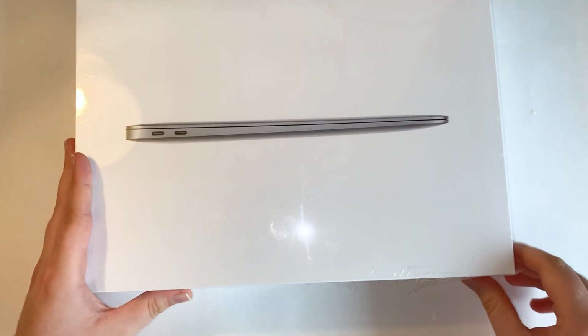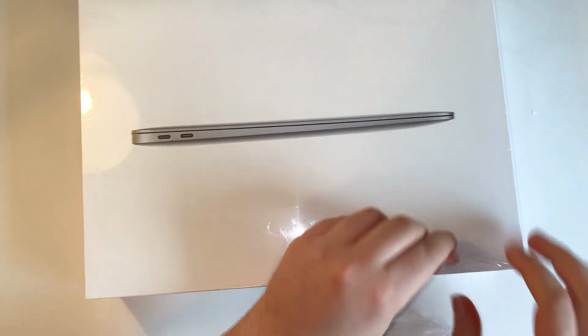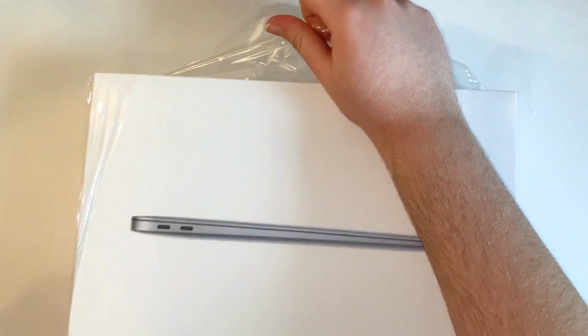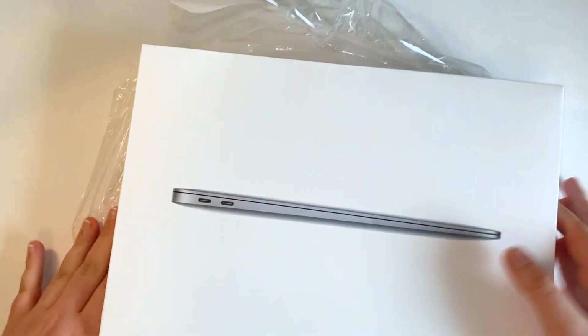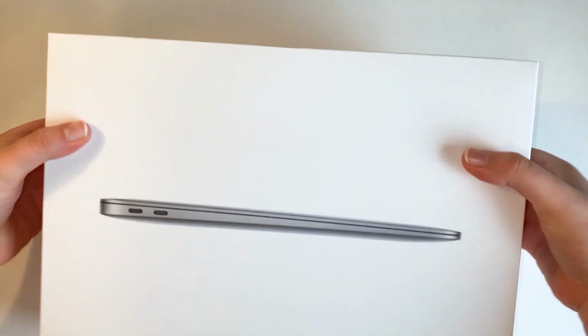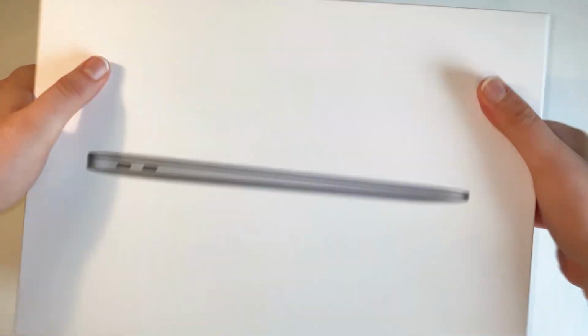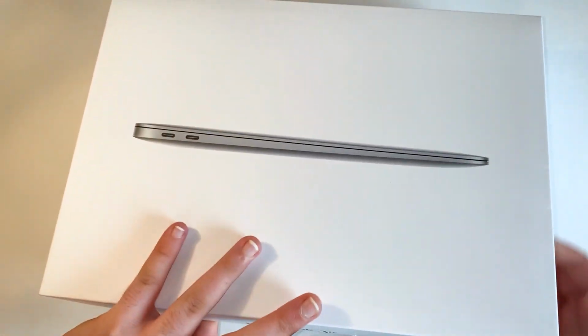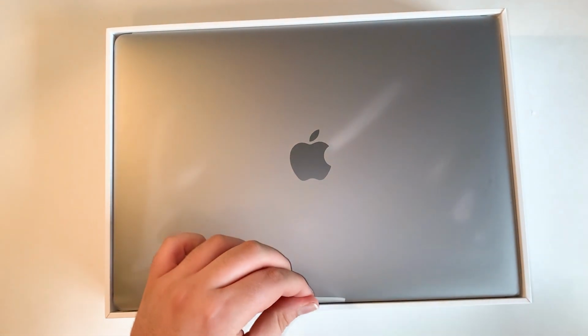Now unboxing it for you guys. Let's pull off this. Beautiful boxing. So taking off the lid, it's stuck. There it is, the beautiful MacBook. Now setting that aside for later,